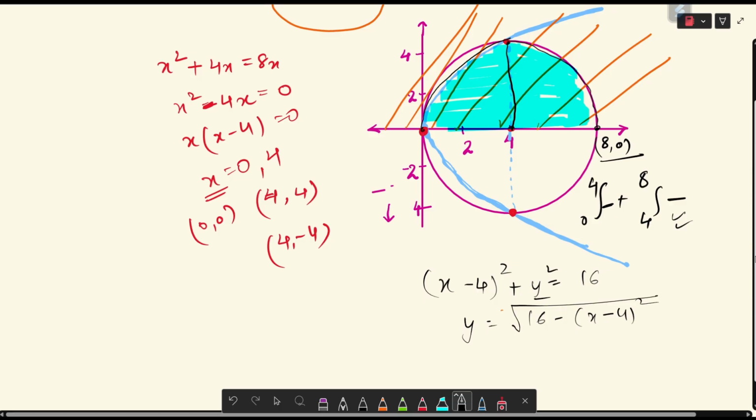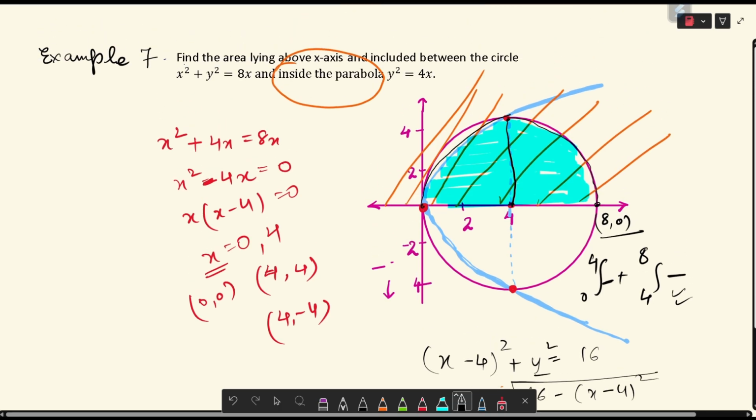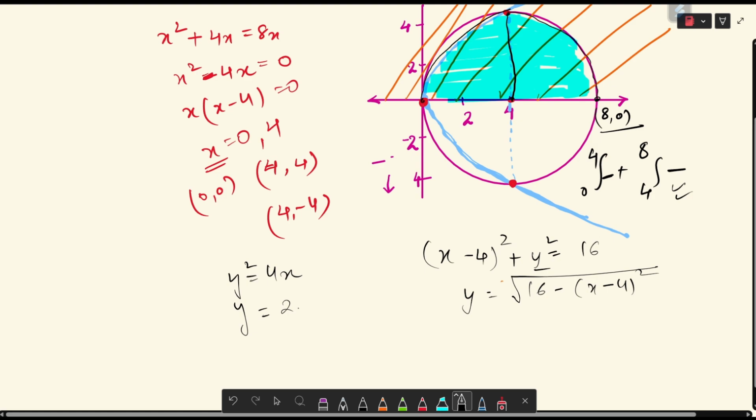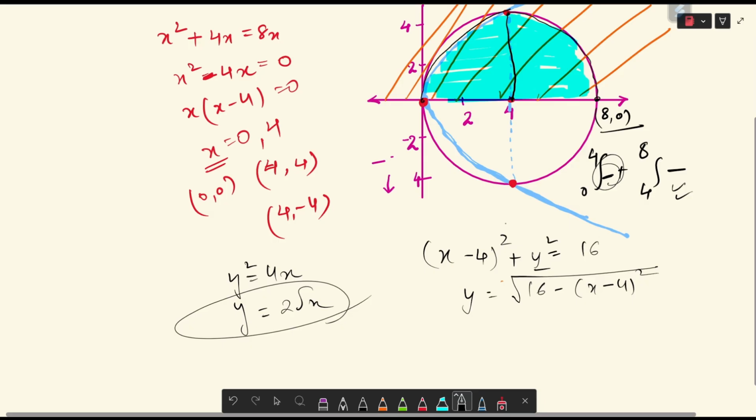और अगर हम पैराबोला की बात करें तो ये क्या है, y² = 4x आई गेस, y² = 4x है। तो यहाँ से भी हम y निकालेंगे तो क्या आ जाएगा, y = 2√x आ जाएगा। और यहाँ पे हम ये वाली यूज़ करेंगे। ठीक है, तो यहाँ दोनों जगह हम इक्वेशंस पुट करके एंड विल बी एबल टू सॉल्व द इंटीग्रेशन। आई होप इट इज़ क्लियर।